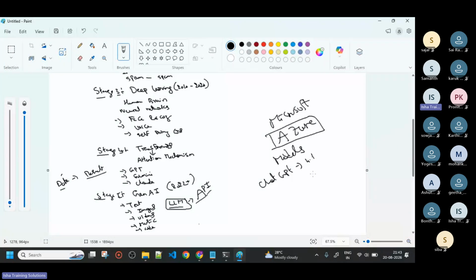Maybe your company is using 5.1. Some companies will use 5.5. It depends upon the company; the model will change. You don't need to restrict yourself to only one model. You can take 3 models as well. In my experience, I have worked with ChatGPT and Anthropic, and with different models as well. Sonnet,